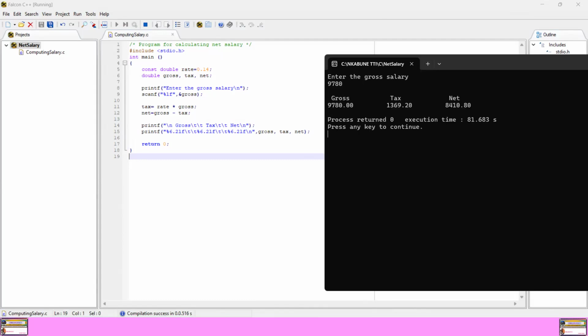You can see. So gross, 9780. Tax, 1369.20. Then net is 84.10. Now the question is, if you look carefully